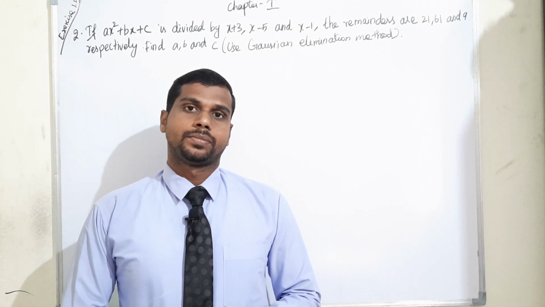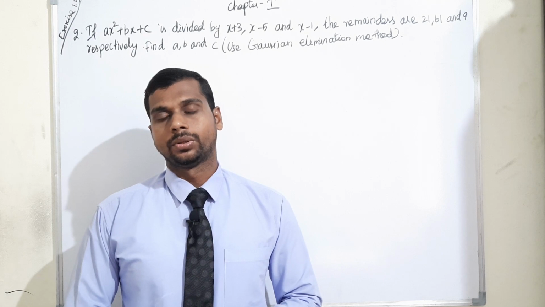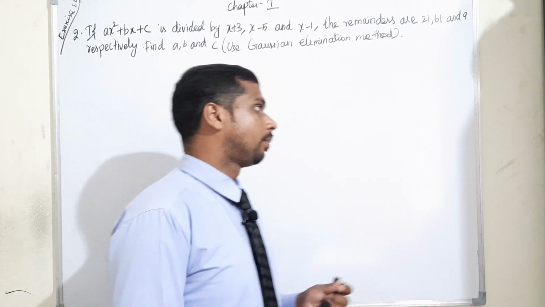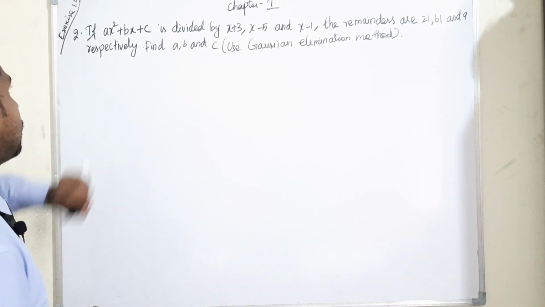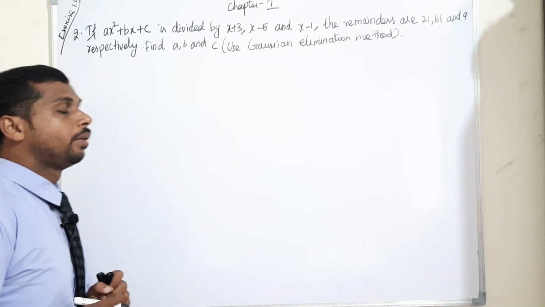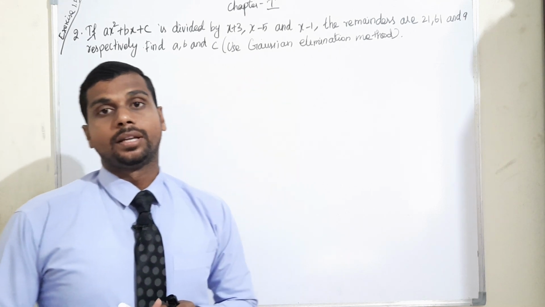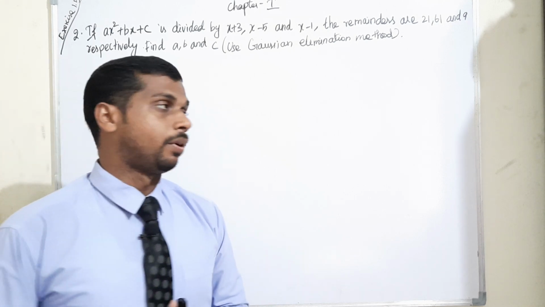Yesterday's class I did with examples and exercises also. Today is also the continuation of the exercise. Okay, three more important questions. Exercise 1.5, question number 2. This also depends fully on the Gaussian elimination method. What is the meaning of the Gaussian elimination method? We attempt to reduce the matrix to row echelon form, isn't it?